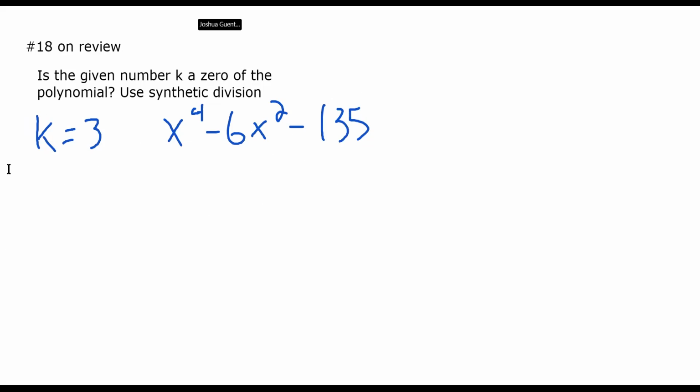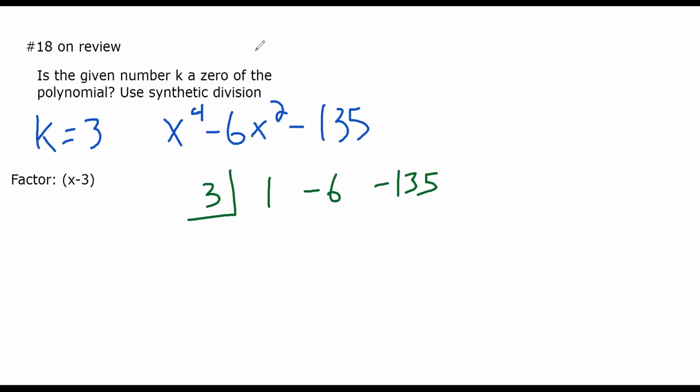So remember, if you had a 0 of 3, the factor would look like x minus 3. It has the opposite sign. But whenever you do the synthetic division, you use the sign on the value itself. It's a little confusing, but you're actually going to use a 3 here. Now, here's the problem. If I put these in like this, if I try doing that, that's going to be a mistake. You're going to have made a huge mistake